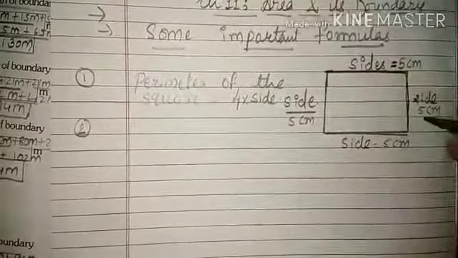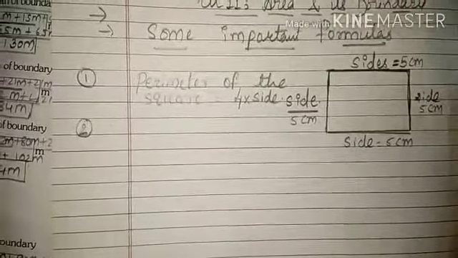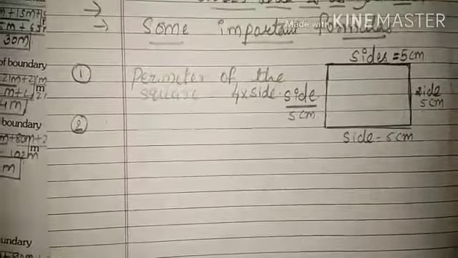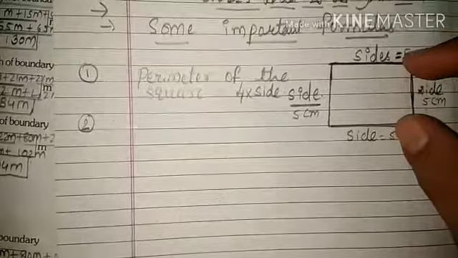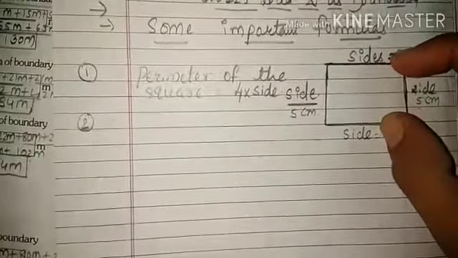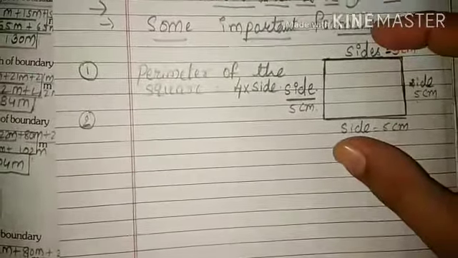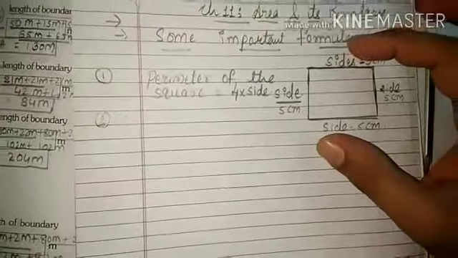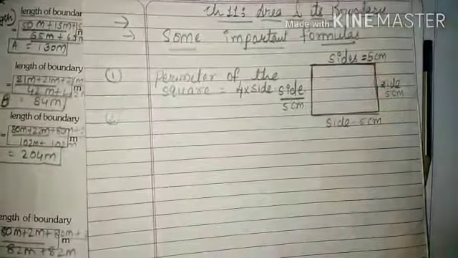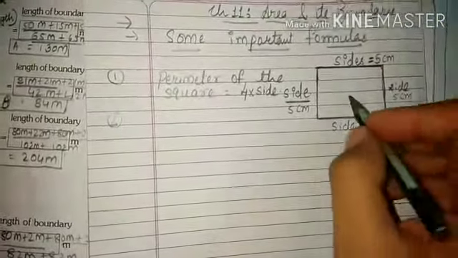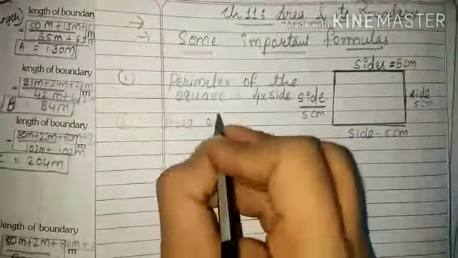If I increase this 5 centimeter to 7 centimeter, 8 centimeter, maybe the square will require more area. If this is 5 centimeter, it is acquiring this much space. If I increase the value of the sides, it will acquire more space, and if I increase it up to 10 centimeter, it will acquire this much space. So area basically means whatever space it is occupying, and there is a simple formula for finding the area.